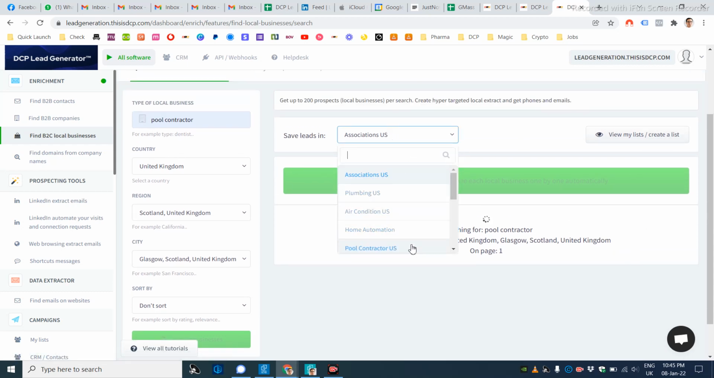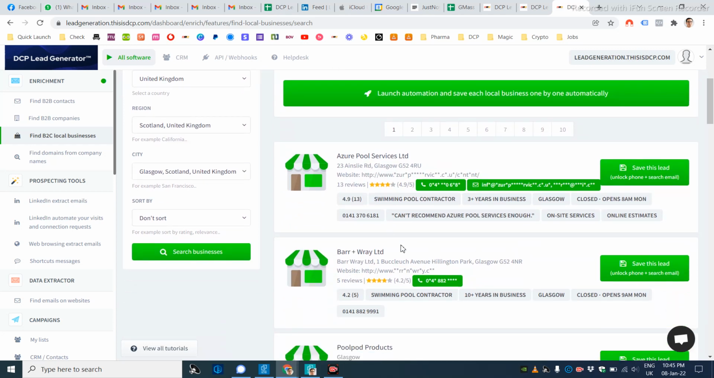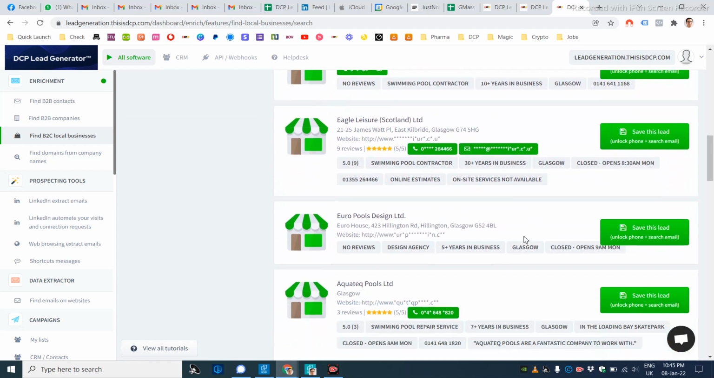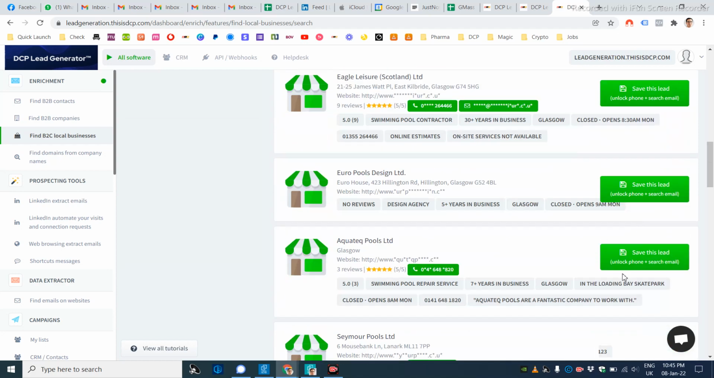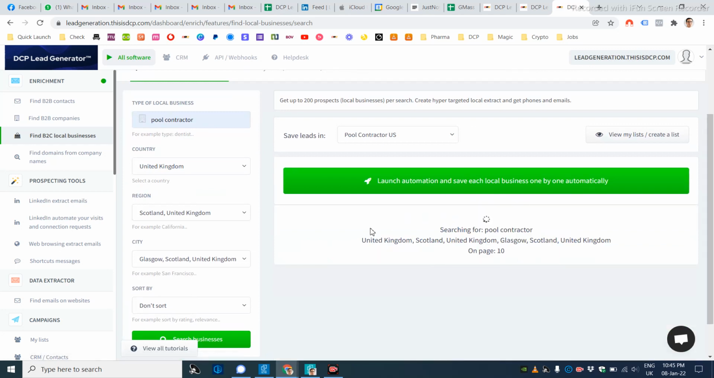Let's say I created a list called pool contractor. In this case, it will be Scotland. It starts searching, and there you go. You have all these companies, and you can either choose one by one to check out their phone and their email. But what you could do is click on launch automation and save each local business one by one, and it goes through all these pages here, which have 10 to 20 listings each,